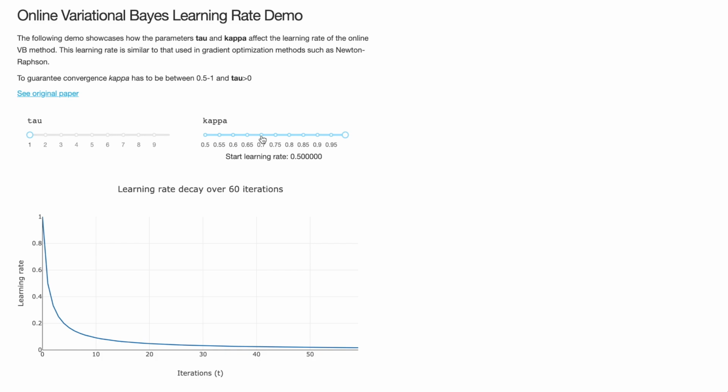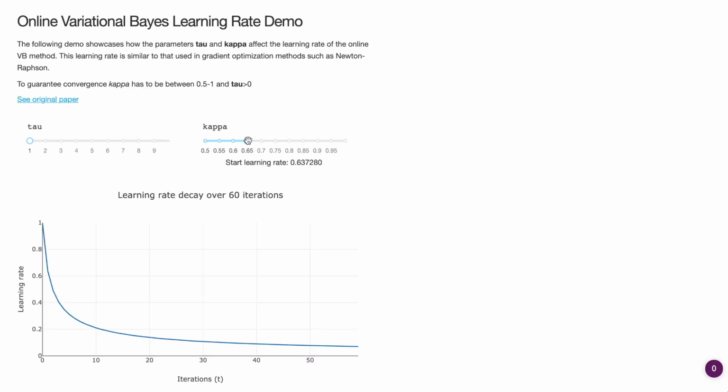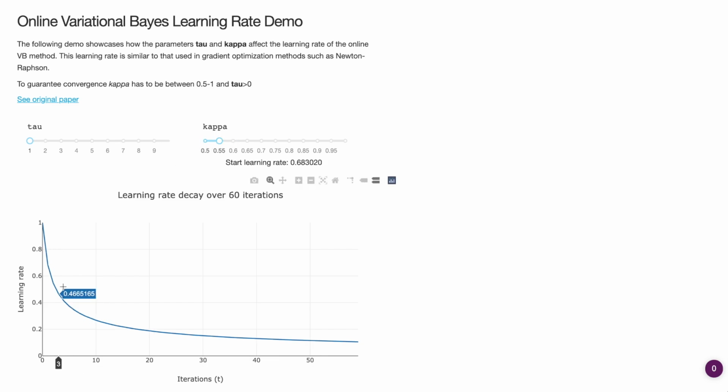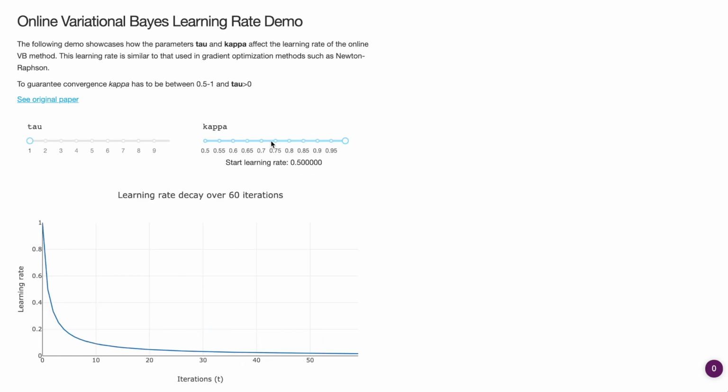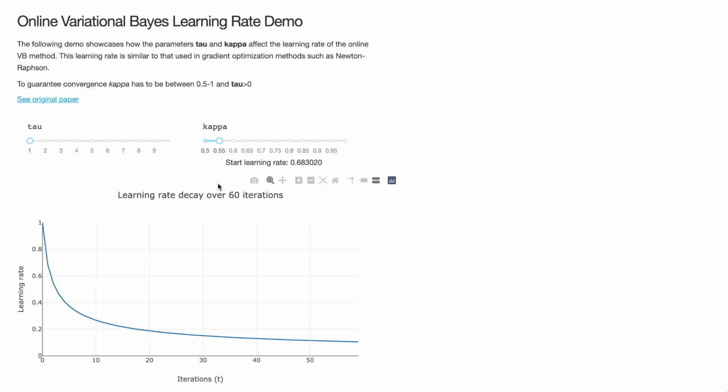the learning rate. For example, if kappa were equal to 1, this is how it would look. If kappa were 0.6, or tau were to change to 0.1, then these would change. Unfortunately, it's not showing right now, but here's an example. You can see how that learning rate is less pronounced than when kappa is equal to 1. It becomes quite pronounced, and you have a very small learning rate very early on, versus a smaller kappa gives you a lower learning rate further along. So it pretty much has to do with how you're updating or approximating